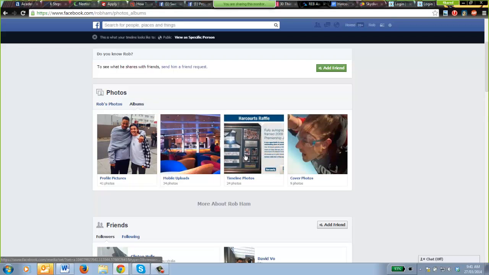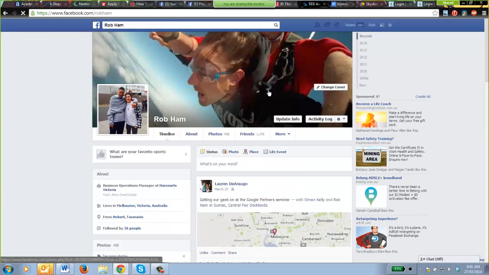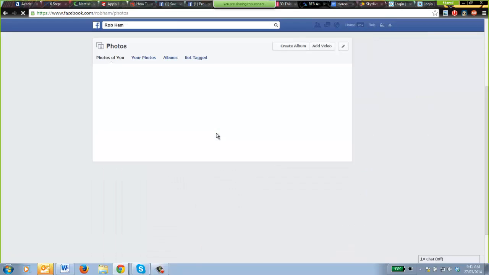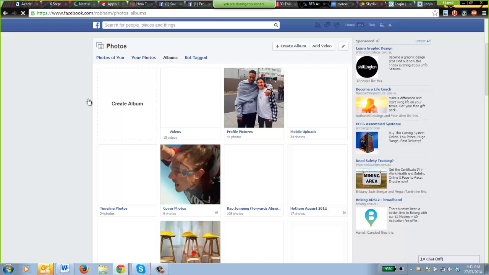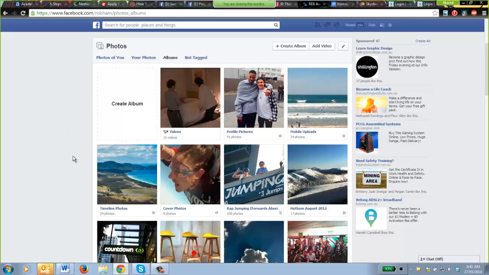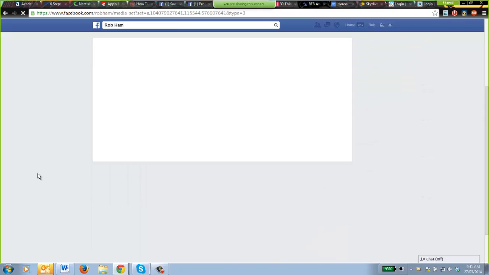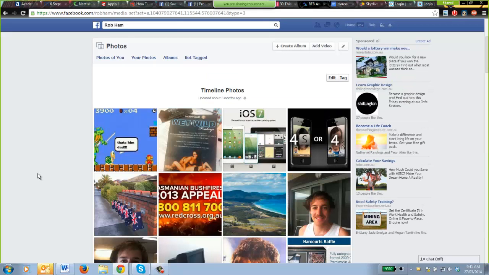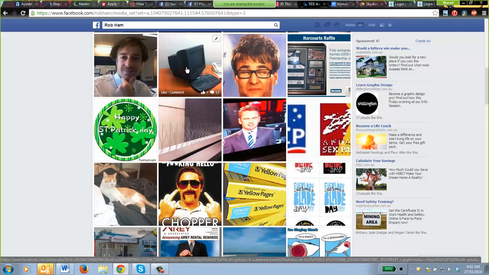And here we can find the Timeline Photos. Actually, just let me redo that, because I'm still showing as the public. So now I've just clicked on my profile. I've gone out of viewing as the public, back to Photos, Albums. But I know that that photo was in Timeline Photos. So if I click on that, I can go down and find the photo. If I click on that,